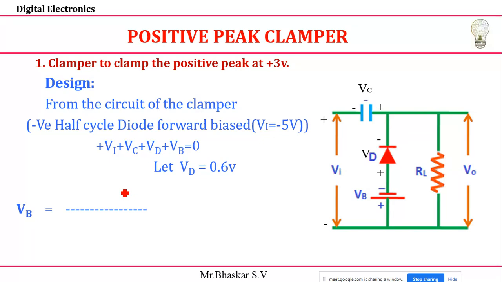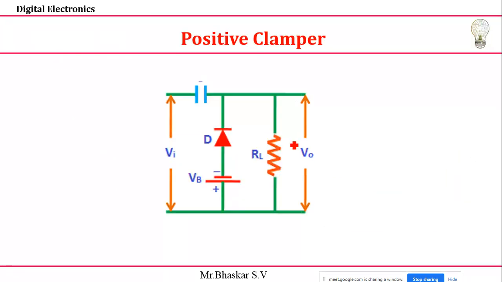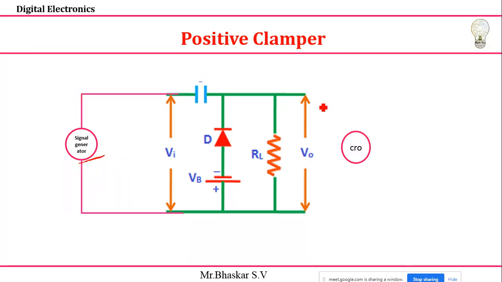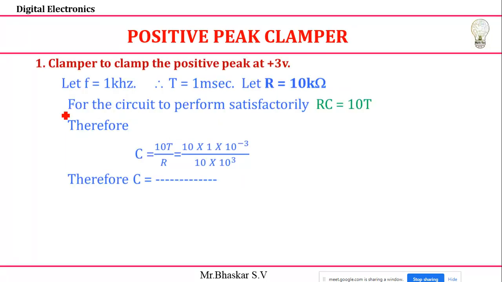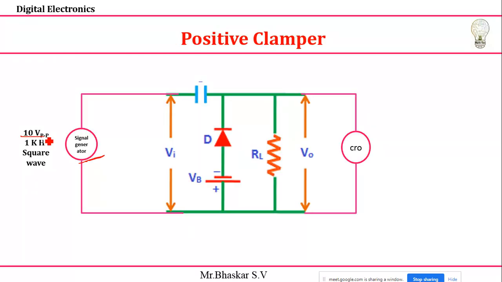Next, once you got this, then easily I can construct this circuit in my Multisim simulator. First, I want to connect the signal generator in order to apply my input signal, and in order to see the output, I'm going to connect my CRO at the output. And next, I'm going to use a 10 volts peak to peak signal, with 1 kilohertz only, because 10 volts peak to peak means plus 5 volts and minus 5 volts, but instead of a sine wave I'm going to use a square wave. In the clipper circuit previously I took a sine wave, same values I'm going to take with a square wave here, that's all.